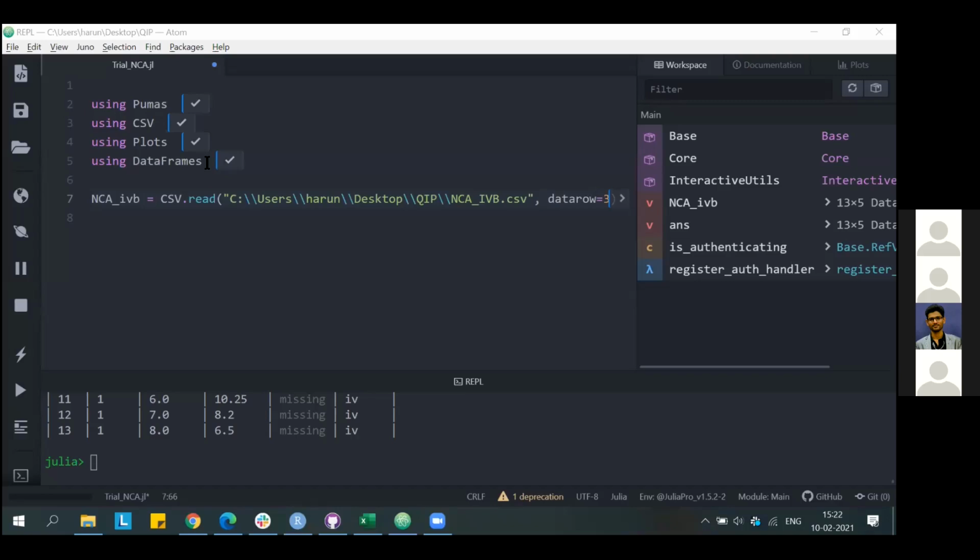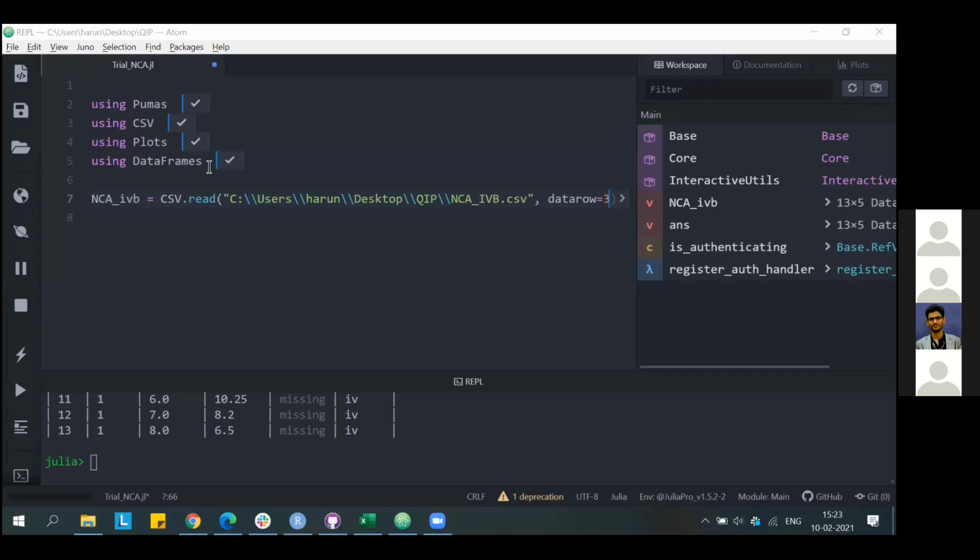I think the information was sent prior to the session. I'm not sure whether every participant has received the instructions for installing the packages. We have received, but I have not downloaded Pumas. Sir, I was not getting it. I only entered Julia Pro, then I installed the software.